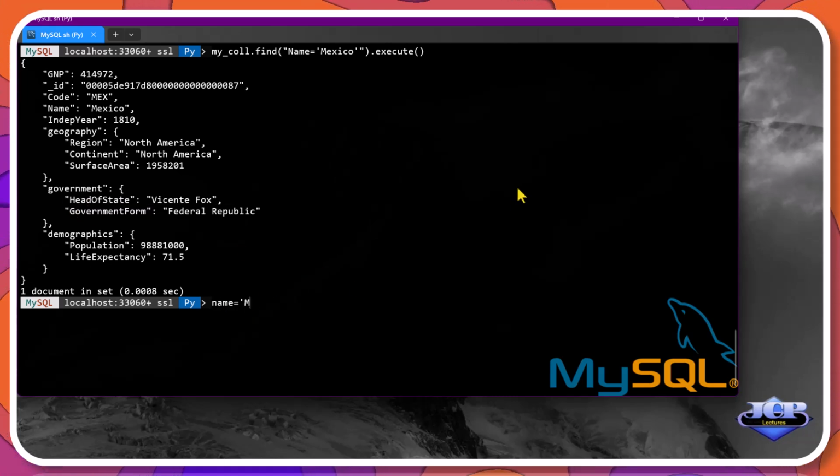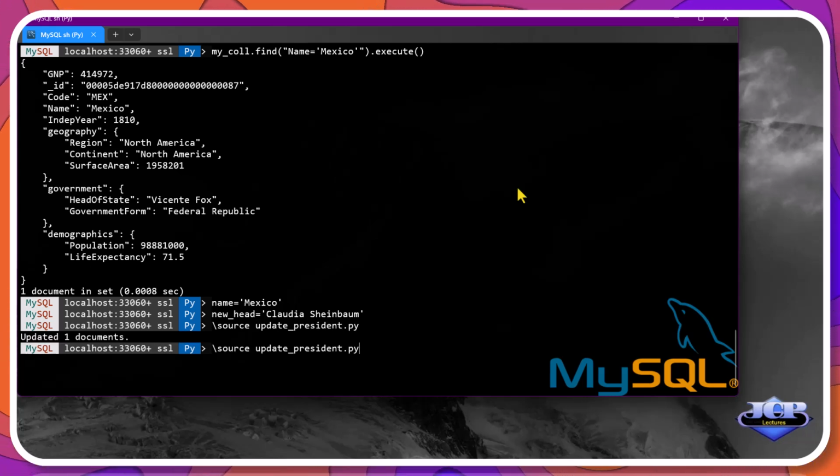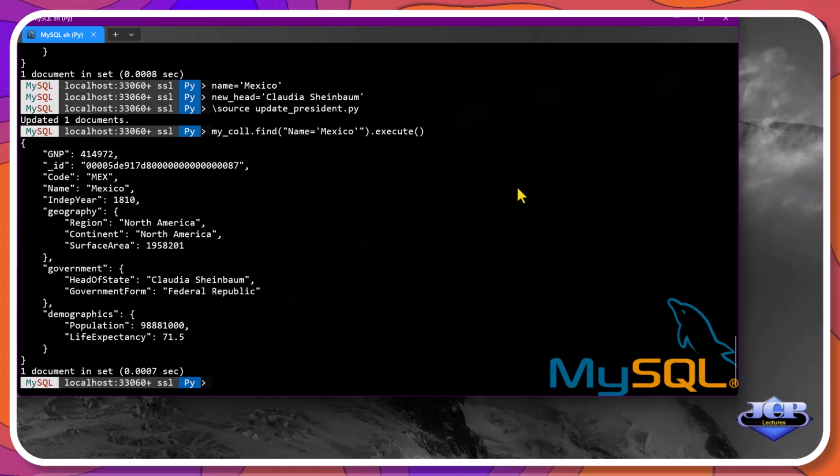We can do a similar task with Mexico, updating the two parameters and running the script. After displaying the information, we can see the change.